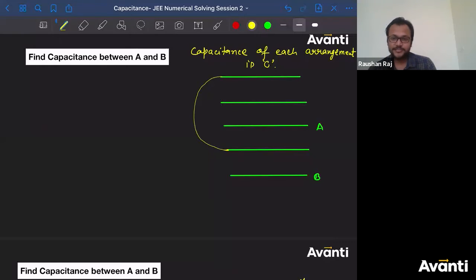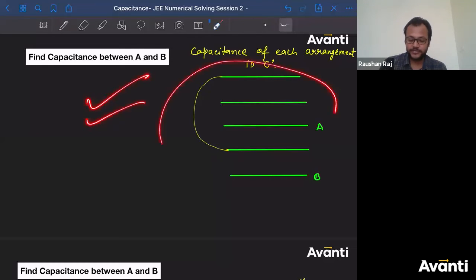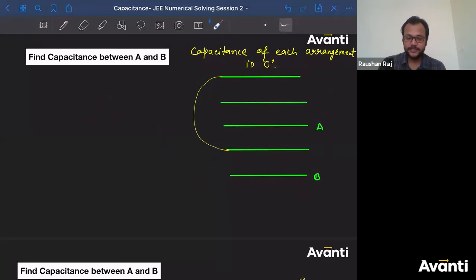And believe me guys, in JEE examination it's very rare that you'll get this question. Why am I saying so? You will get a question like this, but they'll not ask you to find the equivalent capacitance. They will ask you something else. They'll ask you, what is the charge that will appear on this if I connect a battery of 10 volt across AB? Or they might ask you, what is the charge that will appear on the second plate if I connect a battery of 10 volt across AB? So the question goes one step further. एक step आगे बढ़ के question पूछेगा. So C equivalent will be an intermediate step, and you should not be spending that much time to get the answer for intermediate steps. ठीक है? That is why I'm saying you should be able to solve this within 90 seconds or within 1 minute.